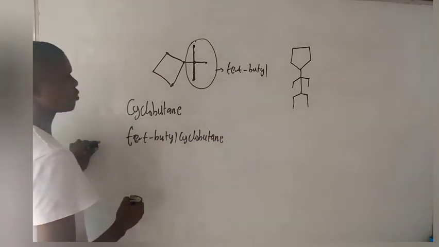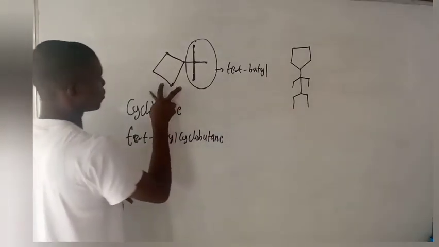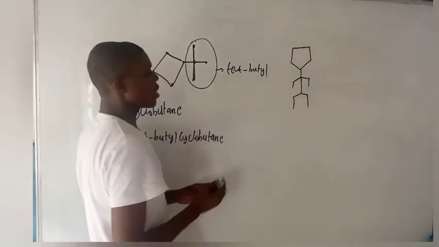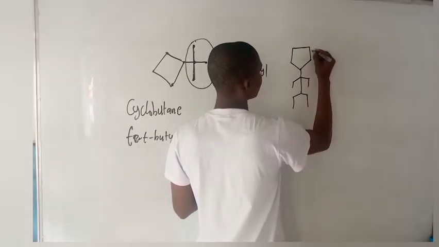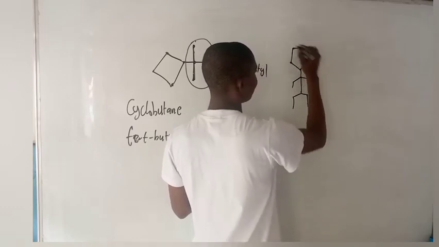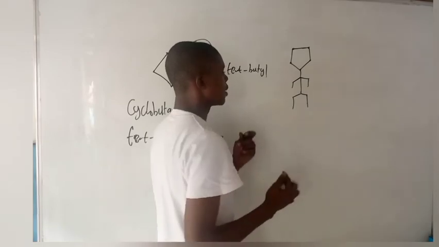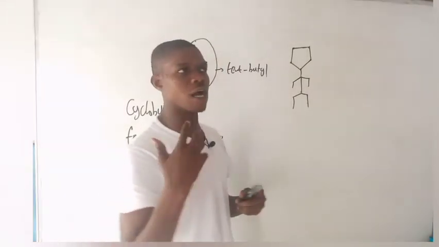We get cyclobutane. So that is the name of this one here. Now let's look at this one. Here we have 1, 2, 3, 4, 5. The ring has 5 carbon atoms here. You get? So remember I told you that if